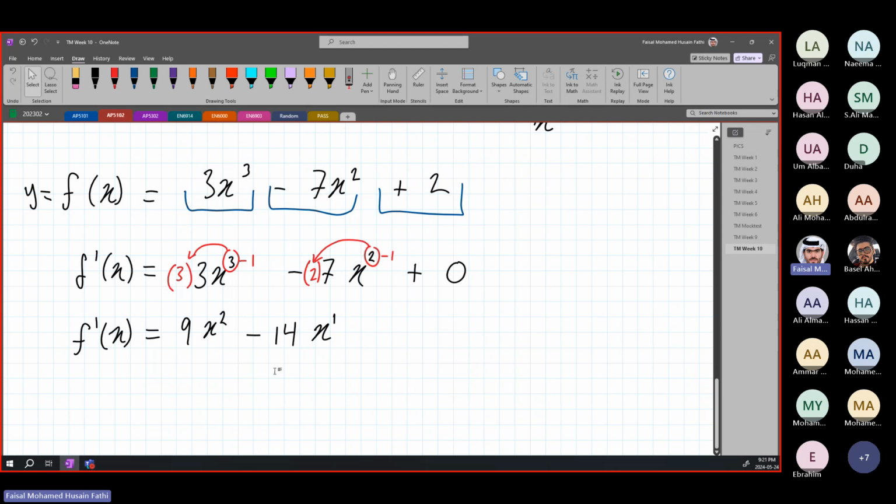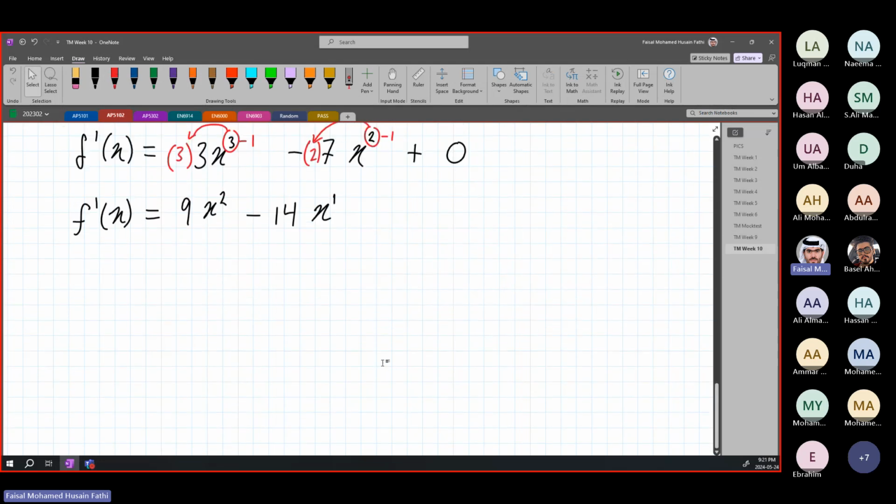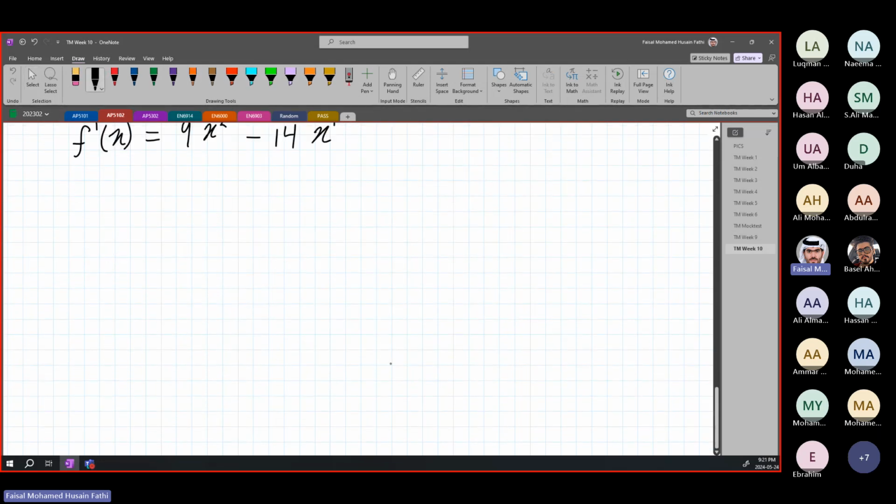This is how you would differentiate if you have minuses and pluses in between. You will differentiate each one by itself. Tamam? Another thing, and remember, do not get confused by signs. So let's say, for example, we have minus f prime of x,